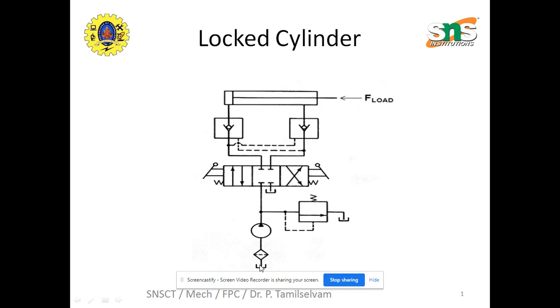Here as usual we have a reservoir, a filter, and a positive displacement pump, and a simple pressure relief valve, and a lever operated DCV. Here it comes, the pumped fluid comes over here, and it will come here when this left envelope is engaged over here, so that the fluid comes up here and it goes. It is a check valve. If you look at only this, then it will permit fluid in the upward direction.